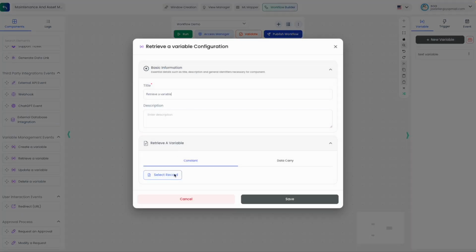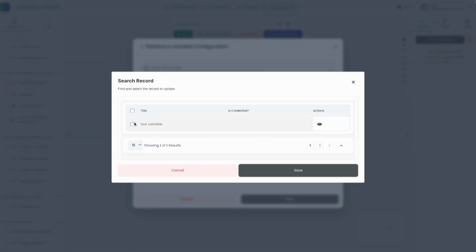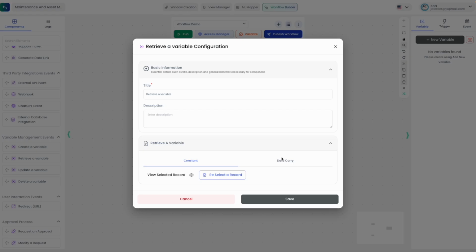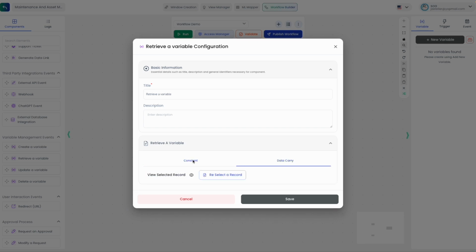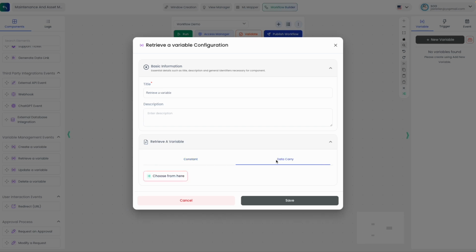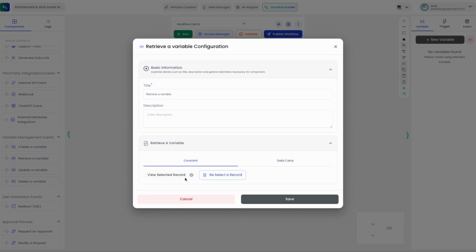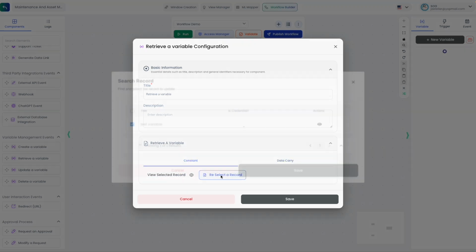Provide a title and description for the event. Now, in the record selection section, you'll need to select the record ID. This is the identifier of the variable you wish to retrieve. Choose how to fetch the record. You can either use a constant value, a fixed value, or data carry from a previous node to pass in